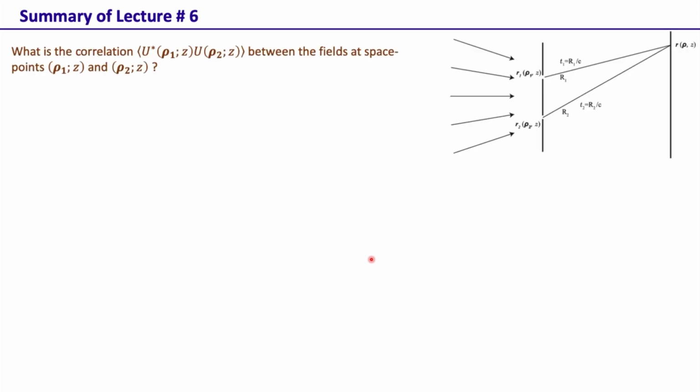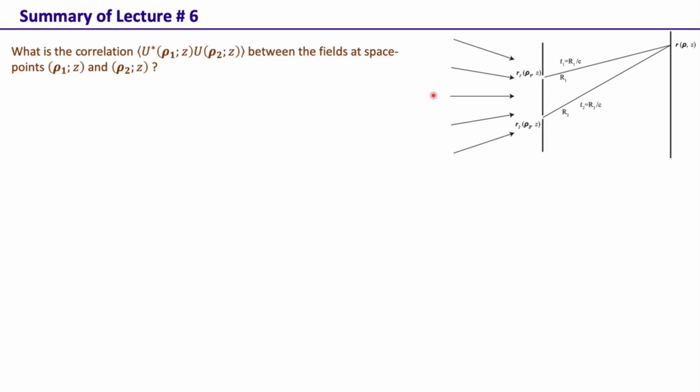Before we start, let's look at what we covered in lecture number 6. In lecture number 6, we were studying this generic question in the spatial degree of freedom as to how to quantify the correlation between the field vibrations at two separate space points ρ1, z and ρ2, z. The way to do that is to pick up some field from ρ1, z, some field from ρ2, z, combine them at some other point ρ, z, and then by studying the intensity at this point,